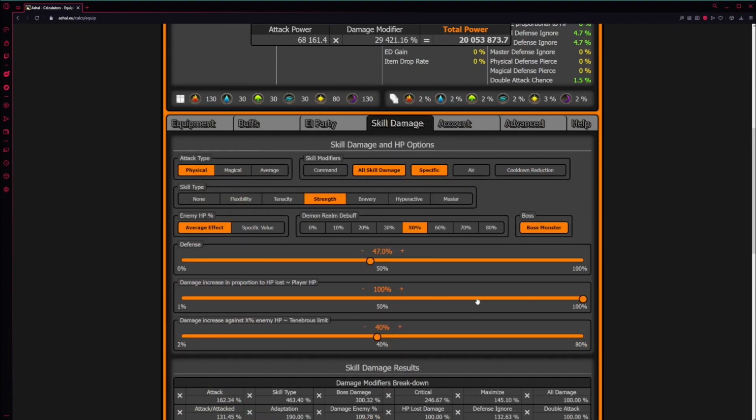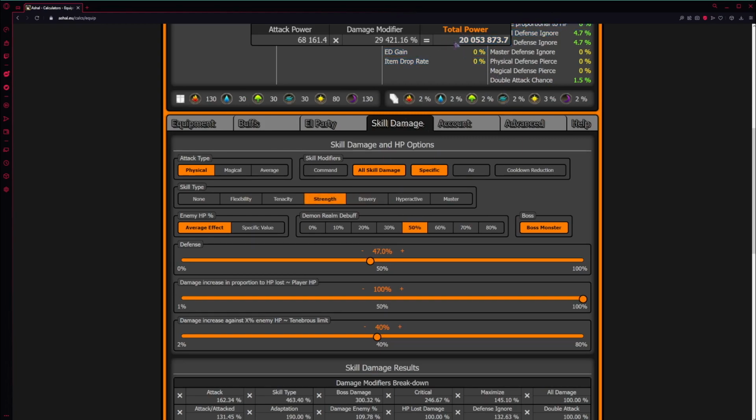Okay, here's the important part for everyone who asks the question: is this better than that? Is X better than Y? Here you can put in all the things that you would look at when you're actually going to attack and do damage testing. So instead of going to skill training, you can look here. So we're going to say we're doing a bravery type. And this directly affects your power.